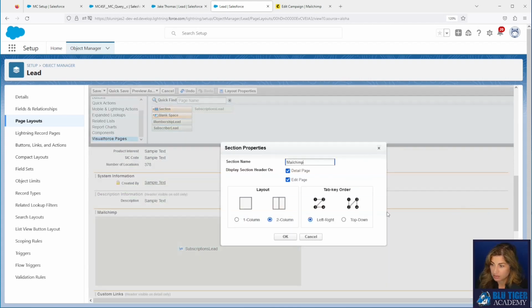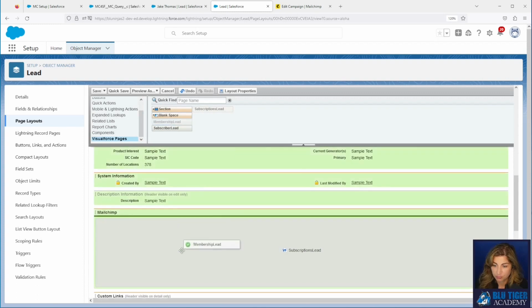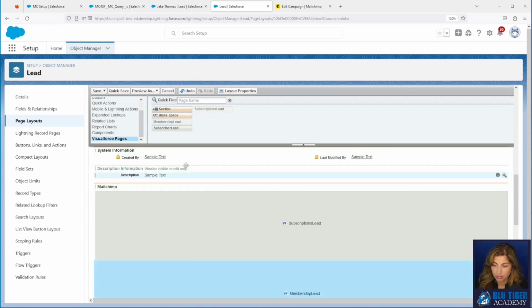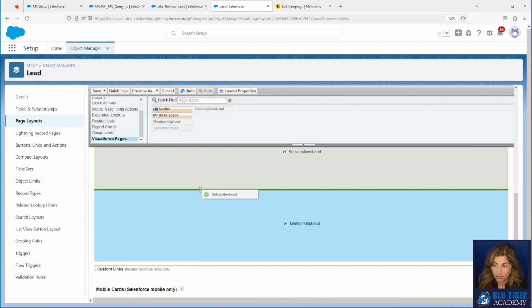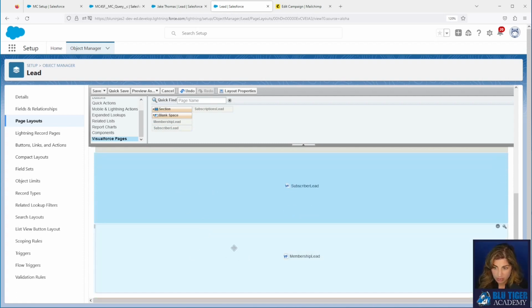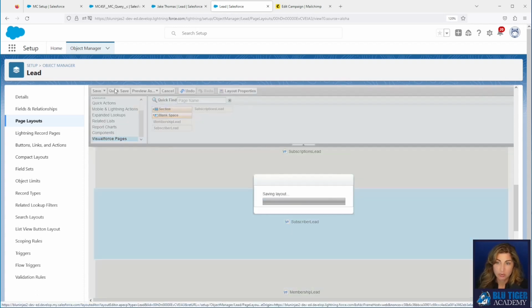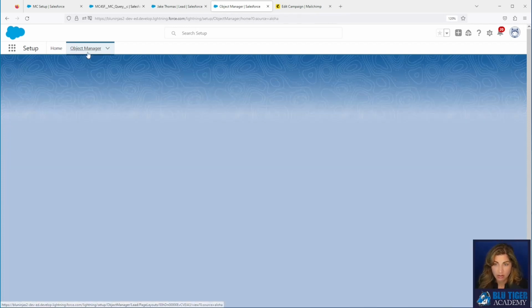We're going to make this actually a 1-column section. There we go. All right, we're going to add all 3. You may find that you don't need all 3 because there's redundant information in the membership and subscriber, and you may not be using all the features of MailChimp.